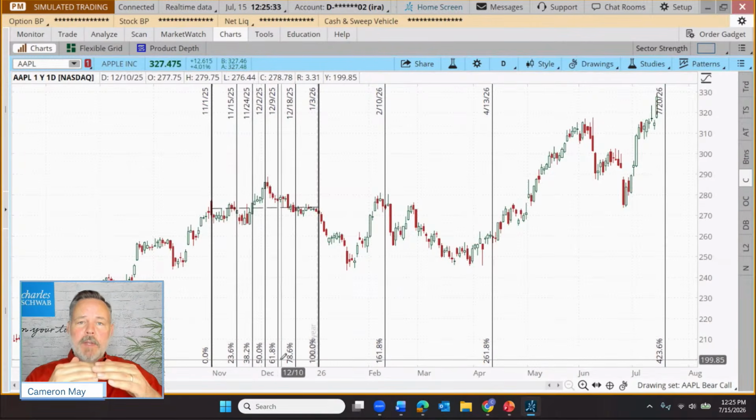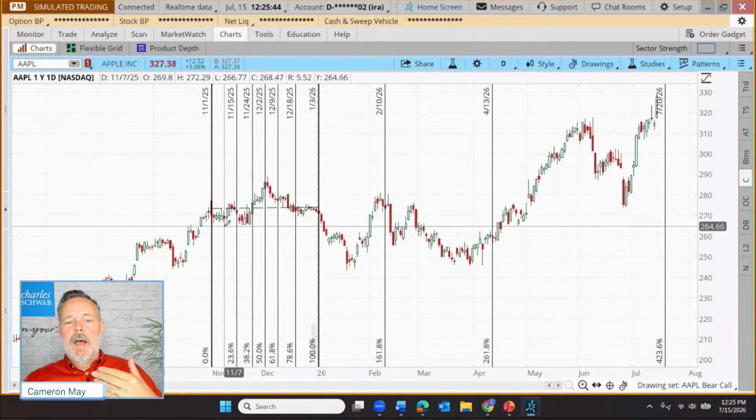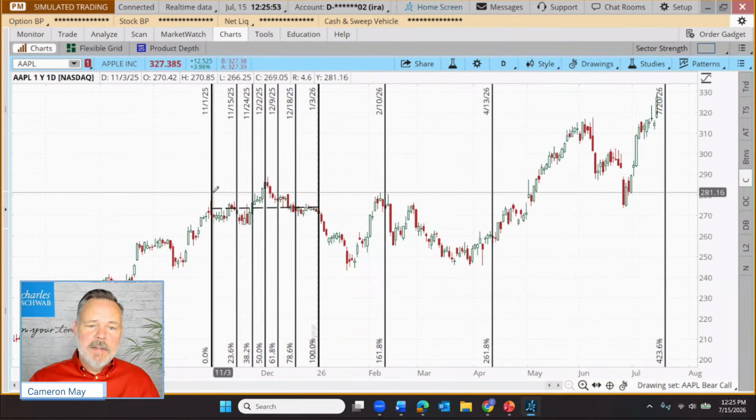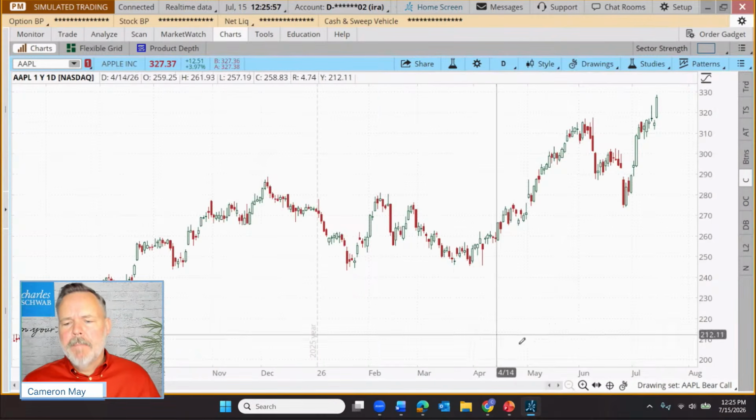So it's kind of like if we took that Fibonacci retracements tool and we just tilted it on its head or on its side. Does that make sense? So this is not an effort to project where price might reverse, but when that price might reverse. So that one's not too difficult. Let me right click, remove that drawing.